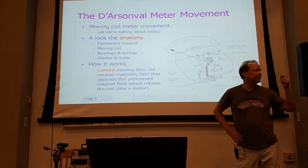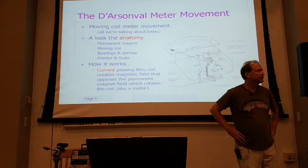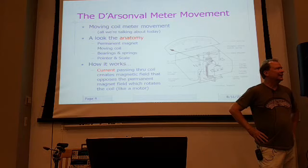Question. On some meters, I've seen the designation torque band movement. It looks like